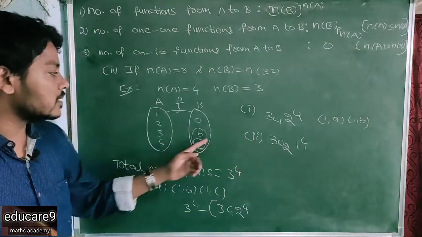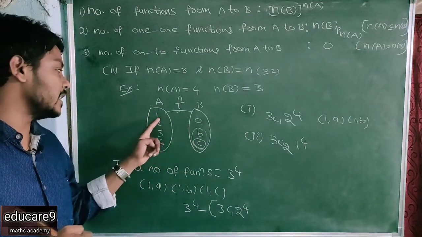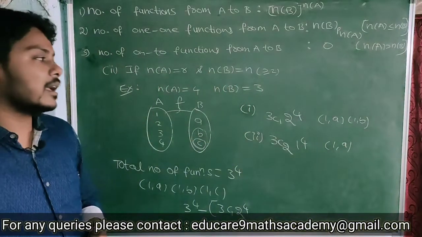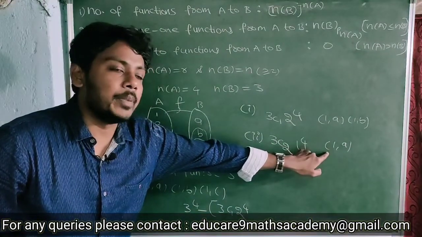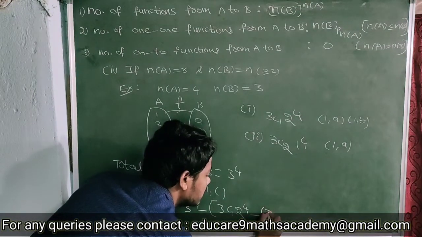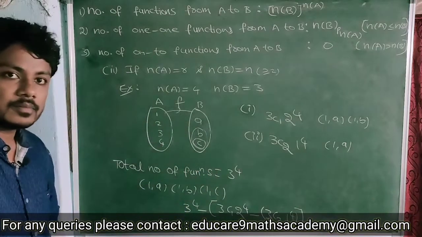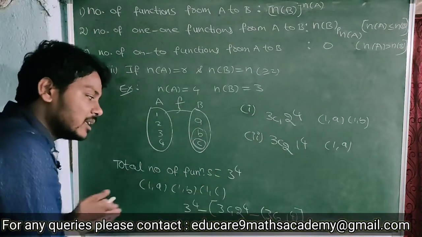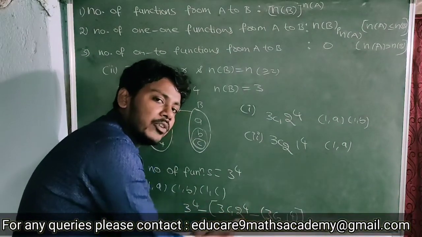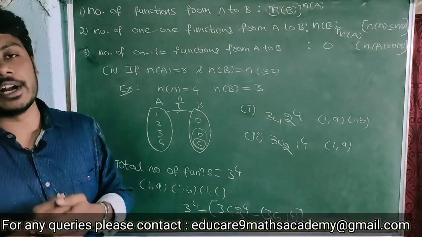Now in the third case, you can select any 2. Now one element is left, that is 1, which is mapped to A. Here also 1 is mapped to A. So again 1 comma A is repeated. So remove this from this. So that is minus 3C2 1 to the power of 4. So clearly, we have to delete the number of not onto functions from the number of functions. So that is the number of onto functions.